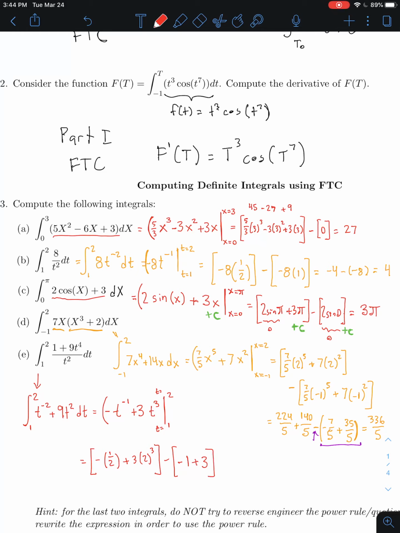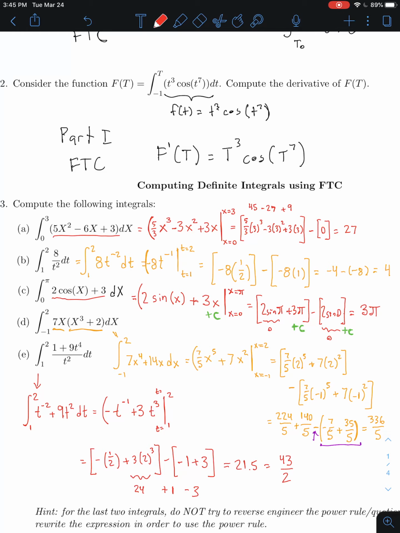Okay, so 3 times 2 cubed is 8, gives us 24. And now we have 24 plus 1 minus 3. So 25 minus 3 is 22, minus 1/2 gives me 21.5, which is the same as 43 halves. Okay, so for each of these examples in question number 3, we started by maybe manipulating that function inside